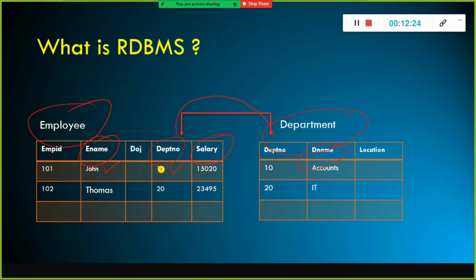So what we do is we look at the other table. Here we have a column called department number. In this table, we can see the department number 10. So the matching column between these two tables is department number, and the matching values are 10 and 10.